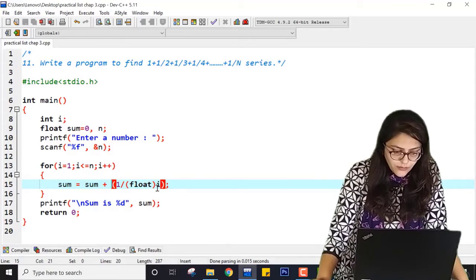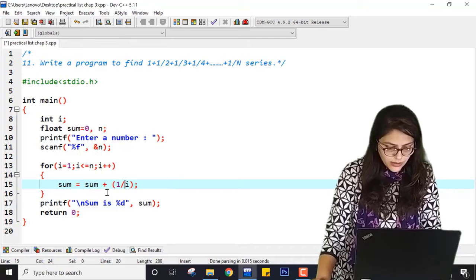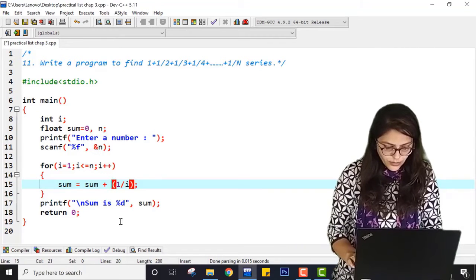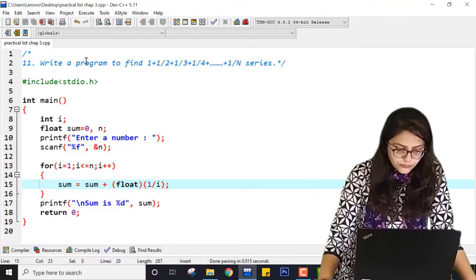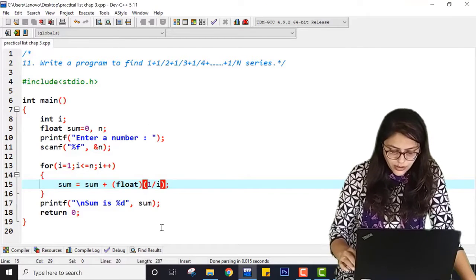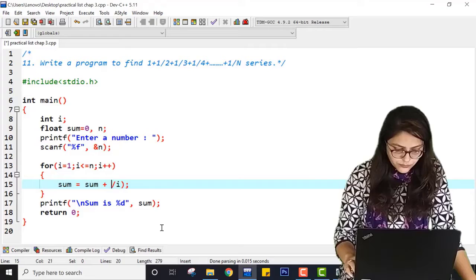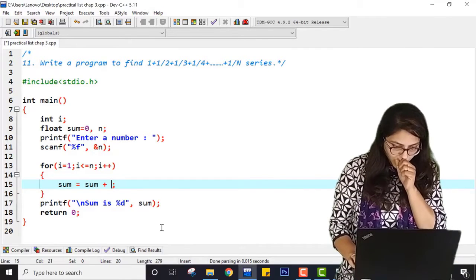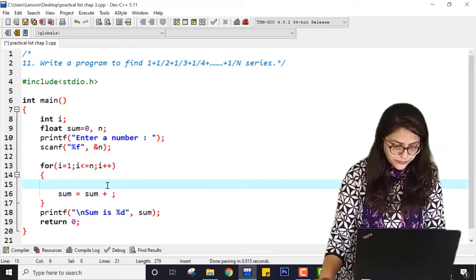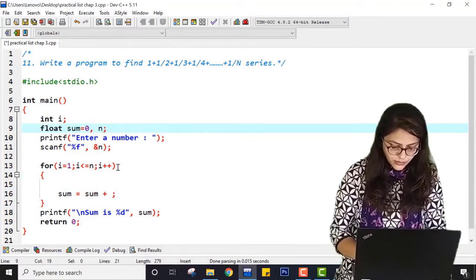First it will convert 1 by 1, 1.1, or I can do something like this. Let me do one thing. Let me take another variable k.